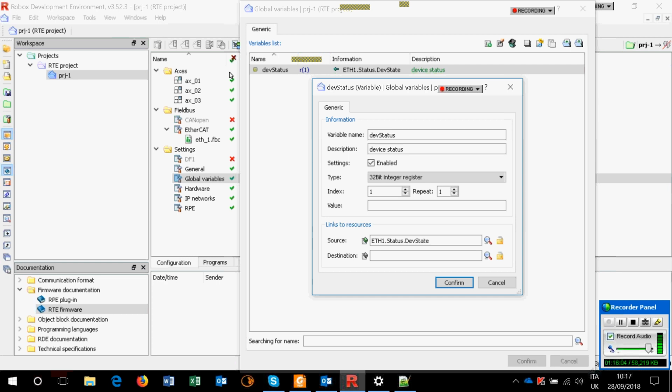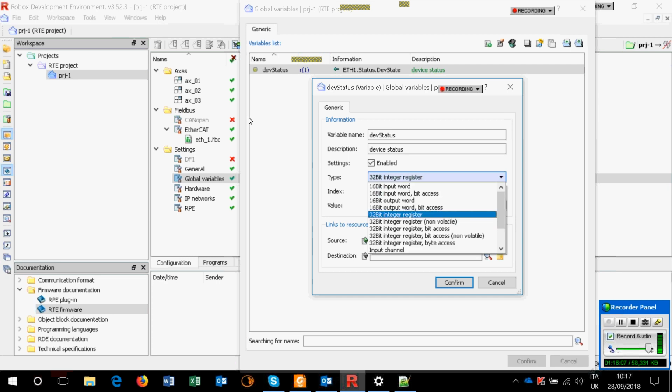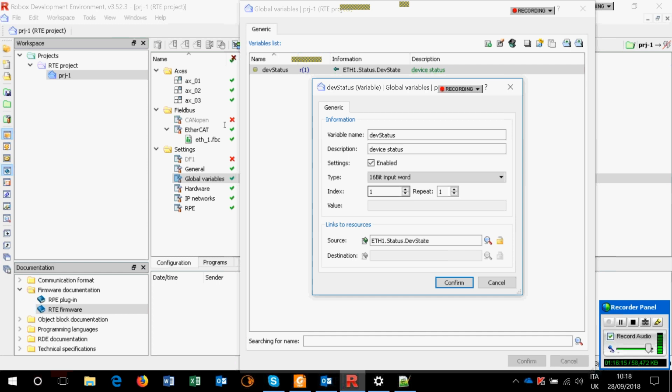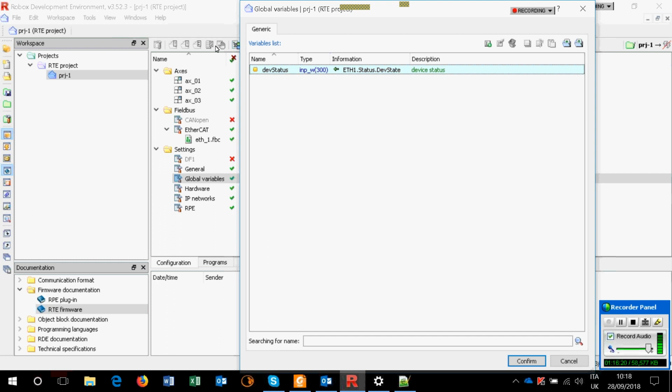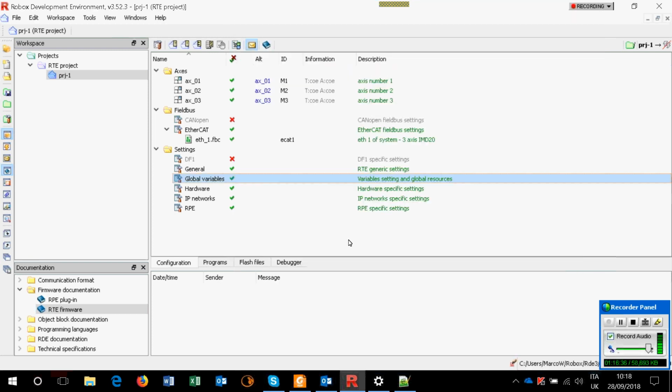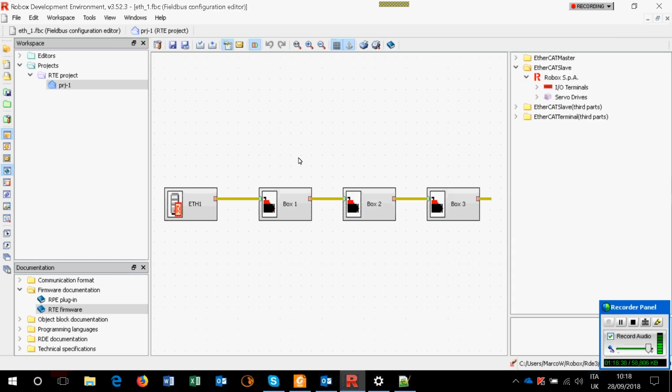Okay, so for example here, just a little modification. I have a 32-bit integer register. Now I want an input word, and I say, okay, let me set input word 300. And I say, okay, this is the best way to connect the input coming from some elements, maybe in the field bus, to our input word. Okay? For example, if I go again here in the field bus, I can say,